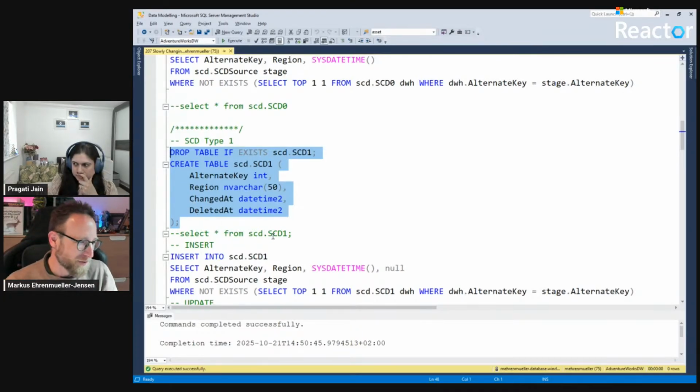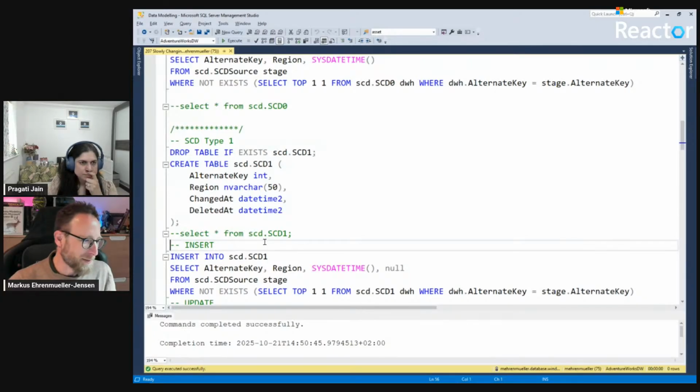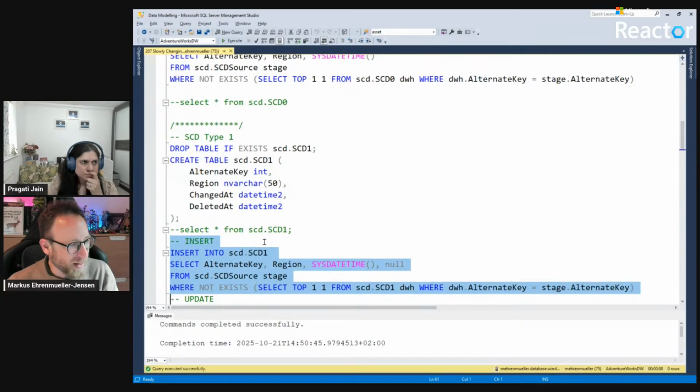And if you do so for the first time, of course, only the insert would happen. What the insert does is just look up my table where I want to insert. I load from the staging table from a source and just look up if it's not available in the stage. If something I'm loading in the stage is not available in the data warehouse, then I want to load it.